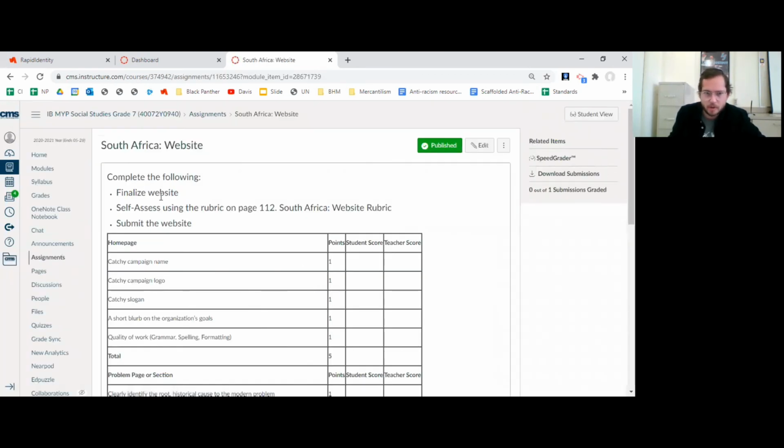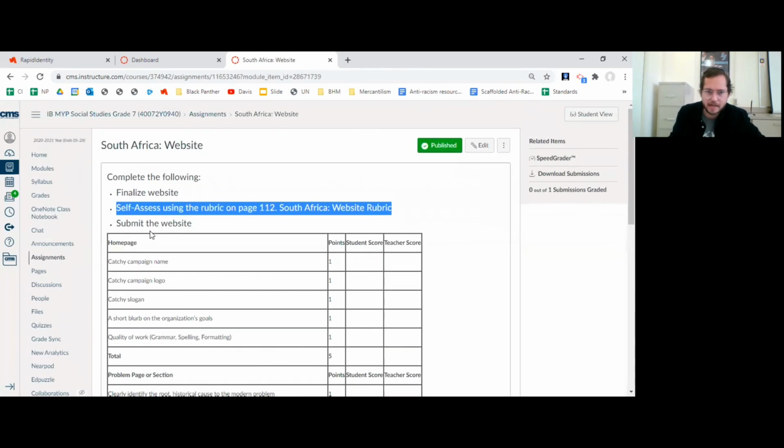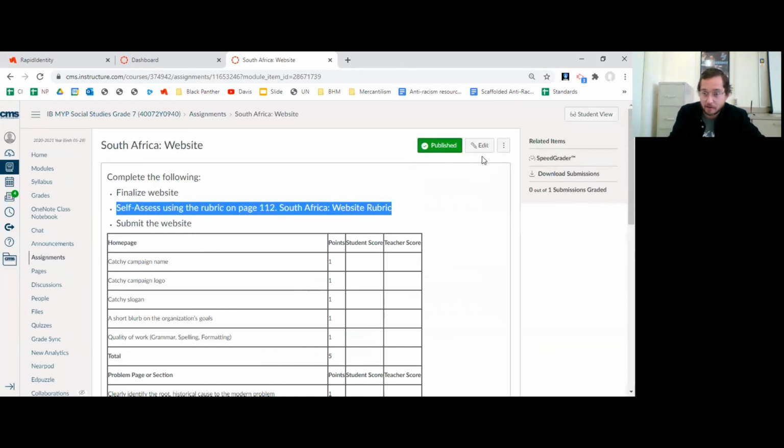When you finalize the website, you need to self-assess on page 112 in your digital notebook. You're filling out that rubric. Did you accomplish those tasks? And then you submit the website by going, and there should be a submit button right there, and you're going to put in the website address after you've published the website. Again, don't rush on that. I'll probably go over how to publish that website tomorrow in class. So don't stress about that. If I'm you, I would just work, refine, perfect your website so it is ready to be published. Okay, all right, thank you.